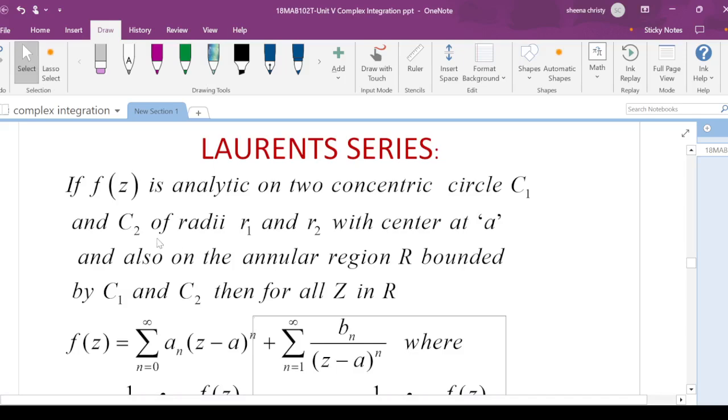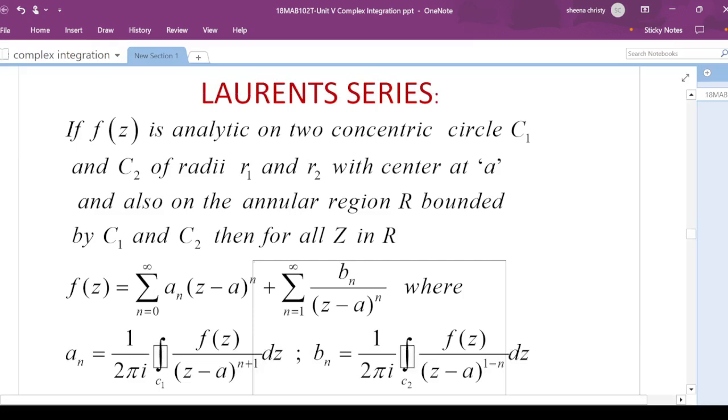Welcome, students. Now we are going to learn about Laurent series. The statement says that if f of z is analytic on two concentric circles, say C1 and C2, of radii R1 and R2 with center at A, and also on the annular region R bounded by C1 and C2, then